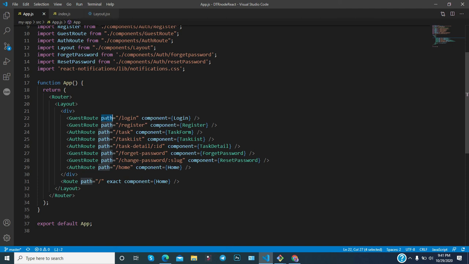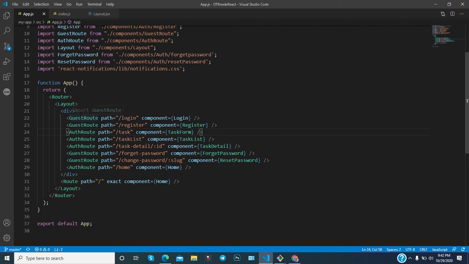Here the argument is known as props in React. The props names are path and component. You are passing them, and based on that, this component behaves. So this is the login and this is the register.